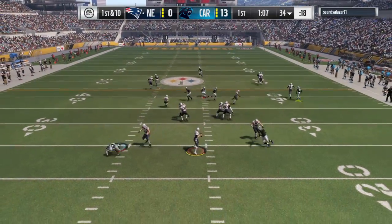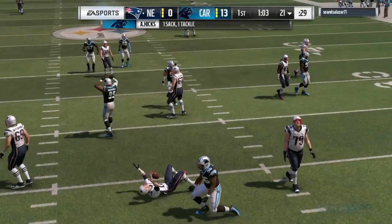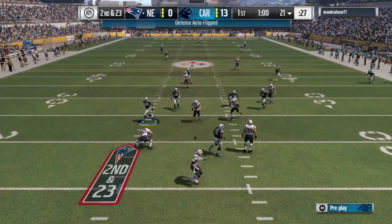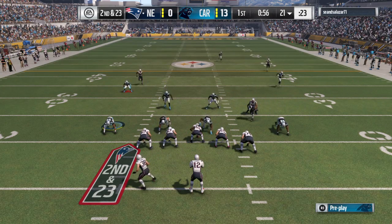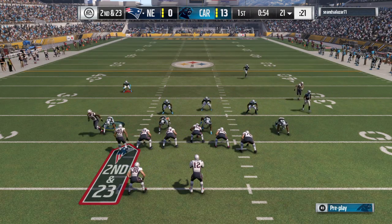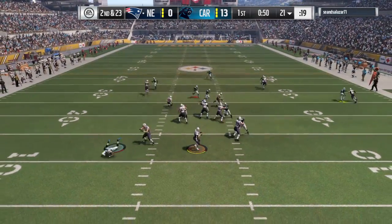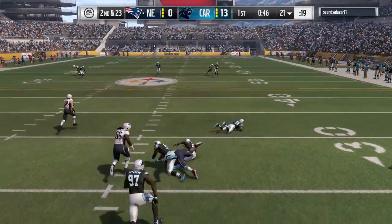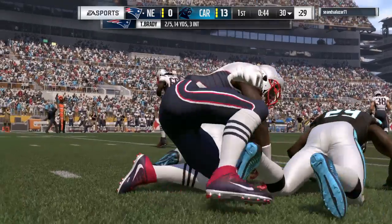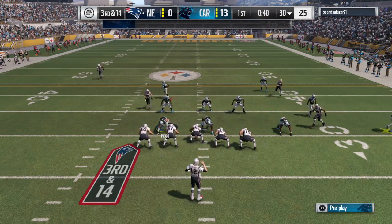Now Brady to try again after the pick 6. Oh, he can't get away, and Brady will go down. Akeem Hicks in there to get him for what will be a loss of 13 yards. On second down, here's Brady. Oh, a scrap for the football, and he's going to come down with it. Give him 9 on the play, and it's going to be 3rd down and a ways to go here, 3rd